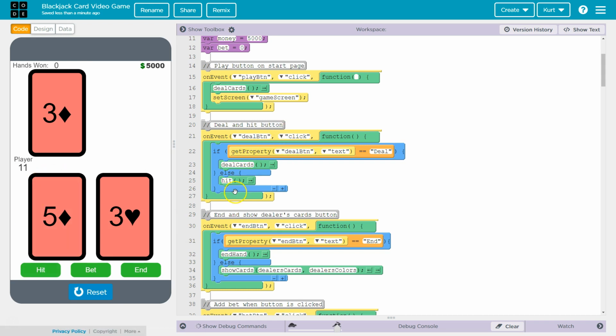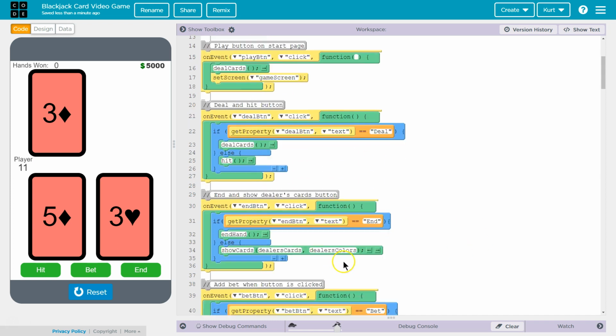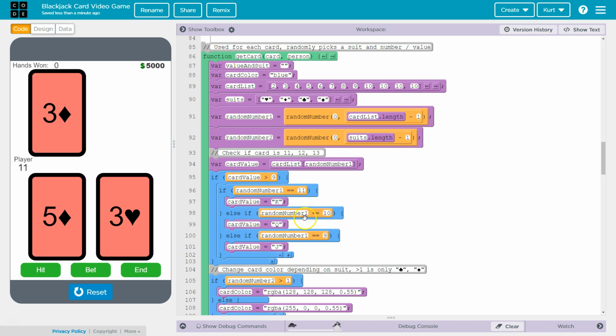So if get property deal button text, if that text is equal to deal, we run the deal cards function. Otherwise, we just run hit. And all hit does